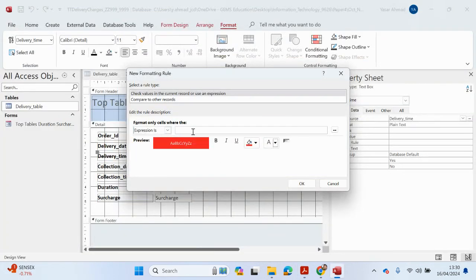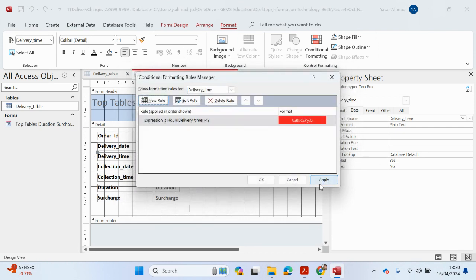So expression is, and I'm going to type in here hour. Okay, and I'm going to open up the curly brackets and in the curly brackets, I'm going to put the field that we need to be looking at, which is going to be delivery time. So let's type that in exactly. Let's go time. So if this is less than 9, so this is the formula that we need to use, then it's going to be formatted as this. Press OK, press apply,